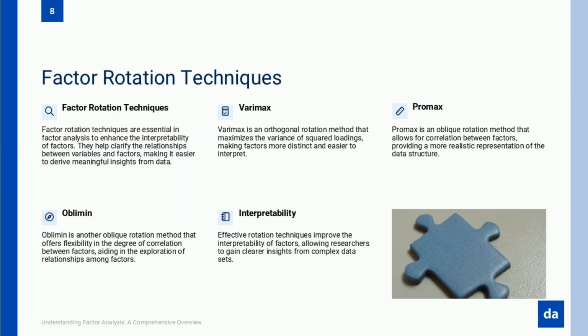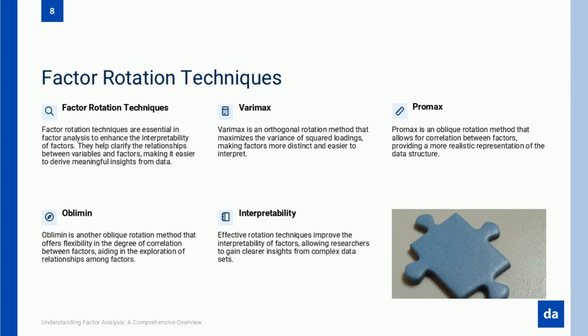So, you've extracted your factors, but they still look like a blurry mess. The variables seem to be connected, but not in a way that makes much sense yet. This is where factor rotation comes in. It's like adjusting the focus on a camera until everything snaps into place. Without rotation, your factor structure can be difficult to interpret, with variables awkwardly spread across multiple factors instead of neatly grouping together. Rotation works by shifting the axes of the factors, making them easier to understand without changing the fundamental